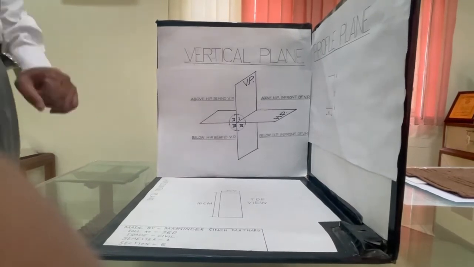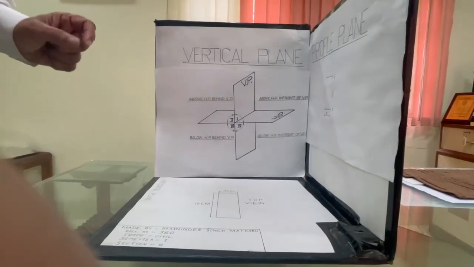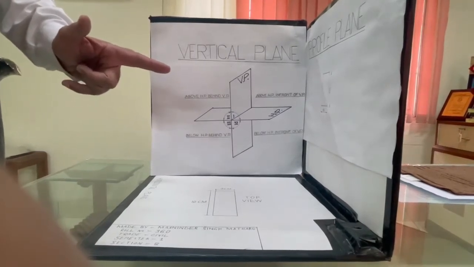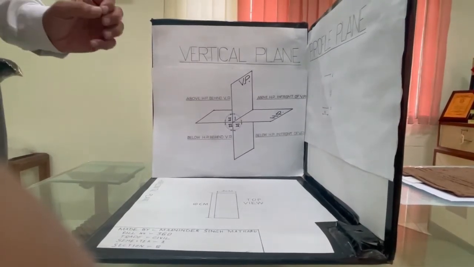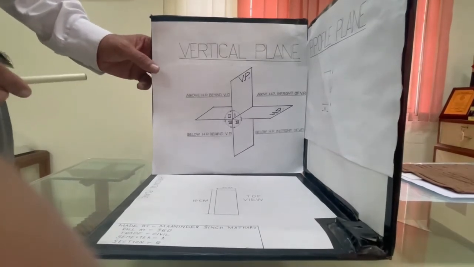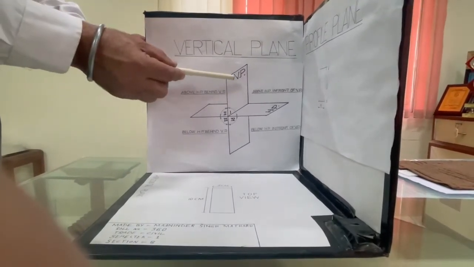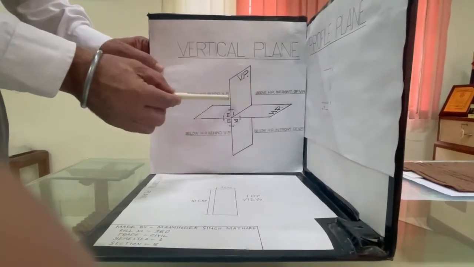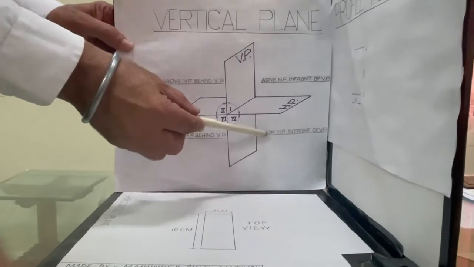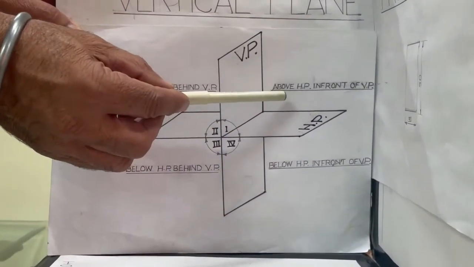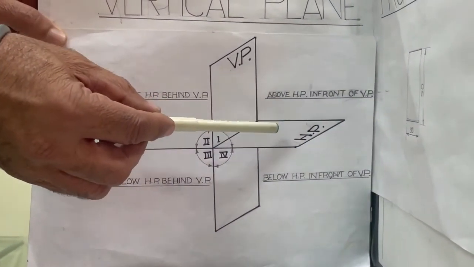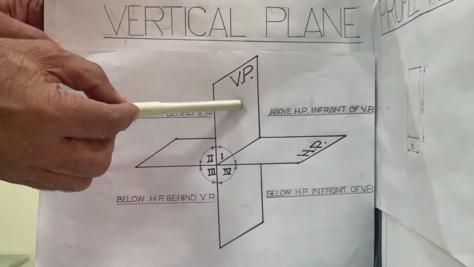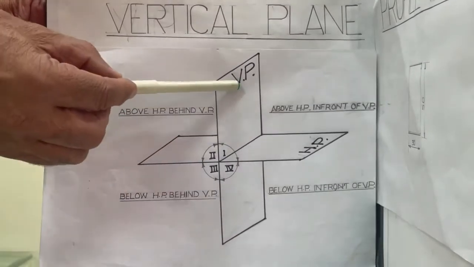Today we are going to discuss the symbols of first angle projection and third angle projection. For starting this, you can see here we have shown the various quadrants, quadrant 1, 2, 3 and 4. When we place the object in quadrant first, means on the horizontal plane, its image will be on the vertical plane. Similarly, this is my horizontal plane, this is my vertical plane.